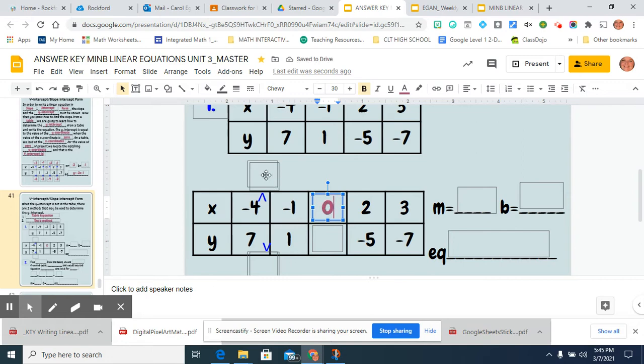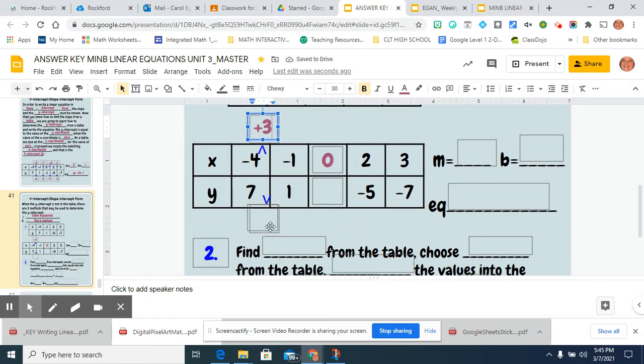Okay, for this table. We already know, when we looked at the slope, we knew to go from -4 to -1 was adding 3. And we know to go from 7 to 1 is subtracting 6. And we know that our slope is rise over run. But remember, we're not going to leave that as -6 over 3. Okay? We can look at that as just -2, or we can leave it as -2 over 1. That's okay. And basically what that tells me is that every time my x moves 1, my y will move